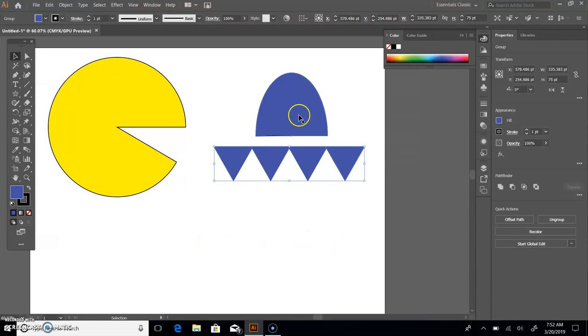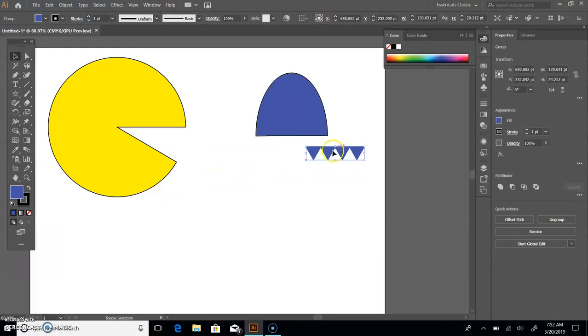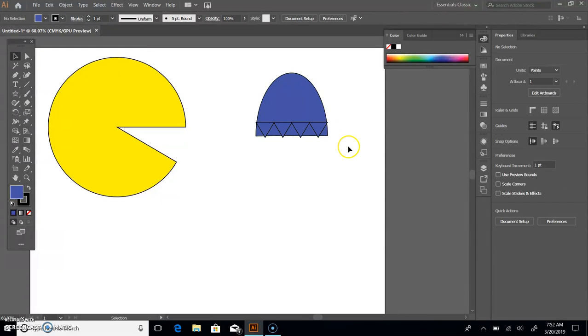Obviously, either my ghost is too small or my zigzags are too big, so I'm going to go with shrinking my zigzags down. Maybe make them a little bit bigger. Alright, that looks good. The next thing